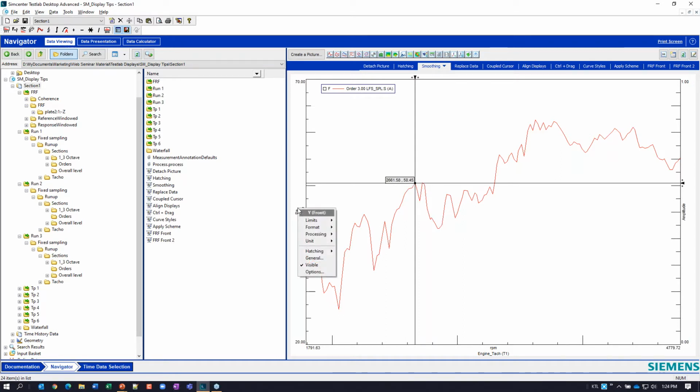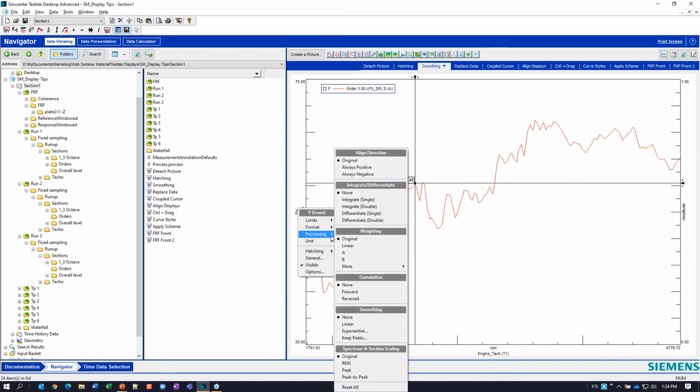Is the idea of the smoothing, Scott, that a manager can't handle all that hashiness, or they focus in on that and they kind of forget the overall trend? Exactly, right. So this might, to an uneducated, or I shouldn't say uneducated, I should say otherwise occupied person, you might see all these peaks in here and think, are these all resonances? What's going on? And so you want to maybe smooth some of that out.